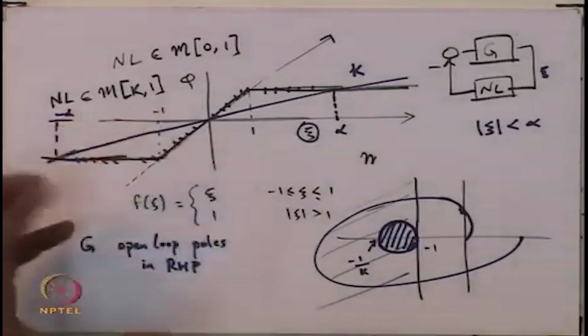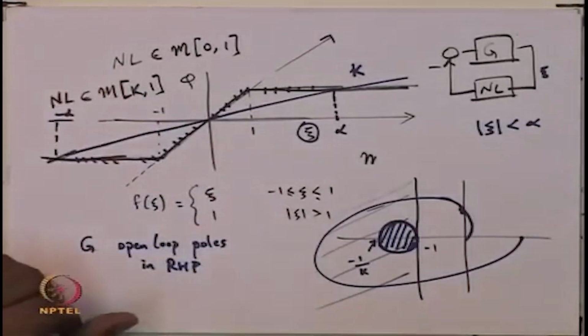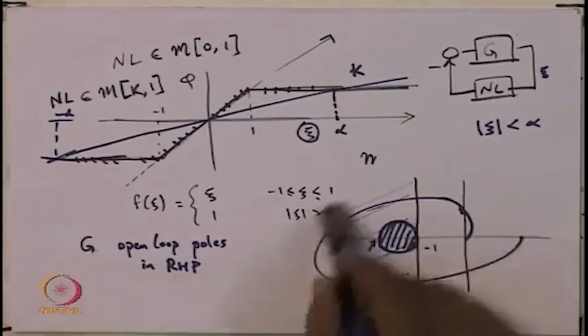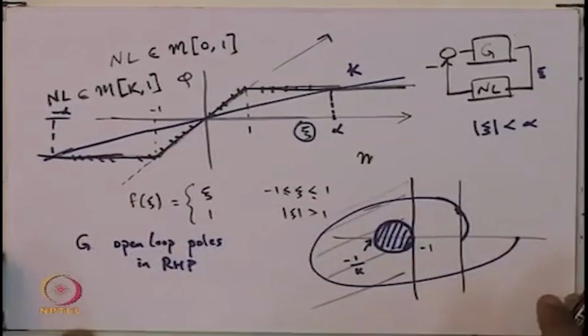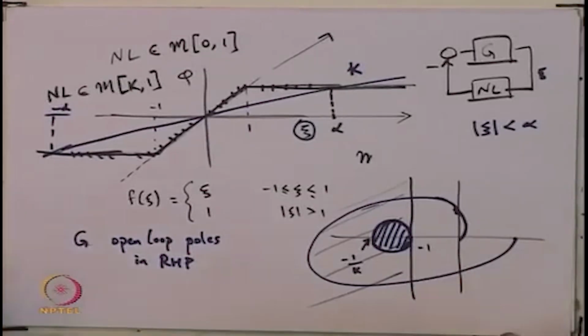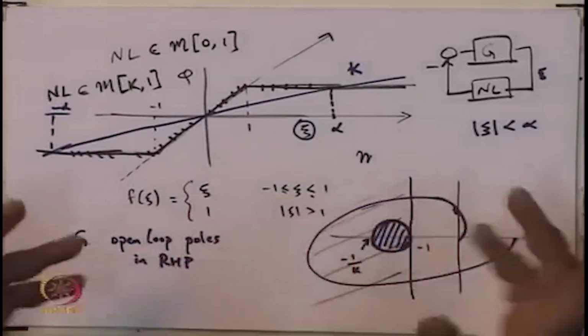Okay. So there are various things that you can do with the circle criterion depending upon how the original Nyquist plot looks like. Yeah. So anyway, with that I guess I'm out of time for this lecture, so let me stop here now, and we will continue with the new topic in the next